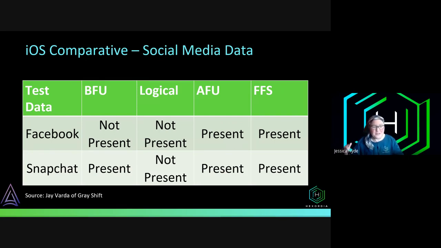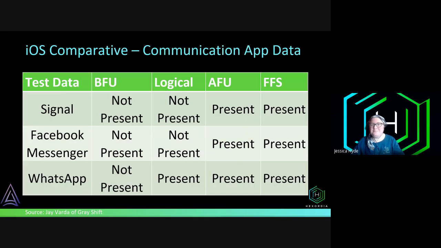Facebook, for example, and there's variance in all, just showing these two examples because there's variance in all our different social media apps in terms of how they act. But with Facebook, for example, you don't get the data in BFU and logical. You need AFU or full file system. With Snapchat, you can actually get the data in BFU or AFU, but just not in a logical. So we want to try to obtain as many extraction types as we can, but always AFU is preferable to BFU. Keep that